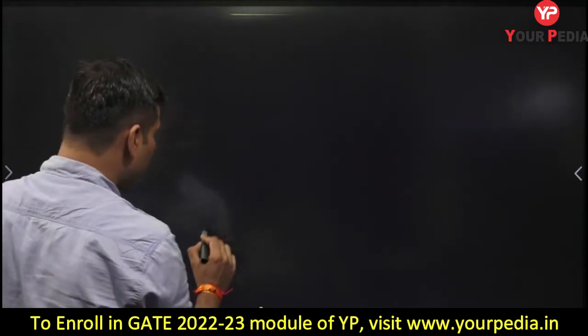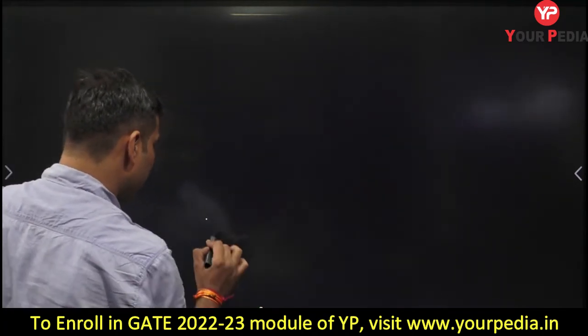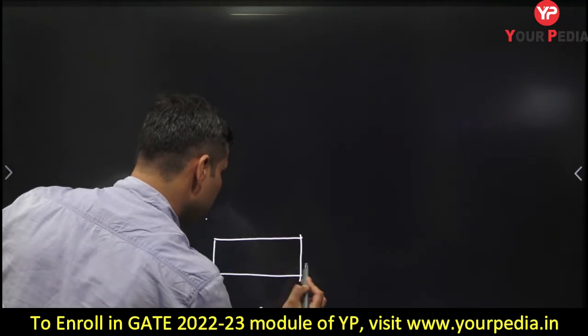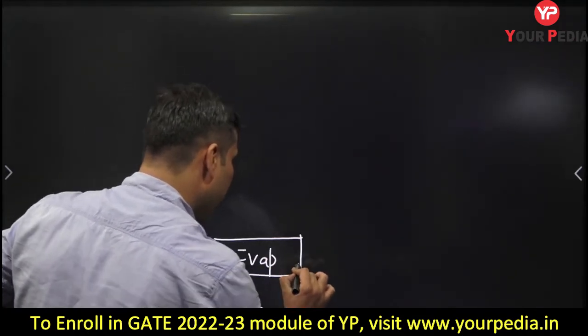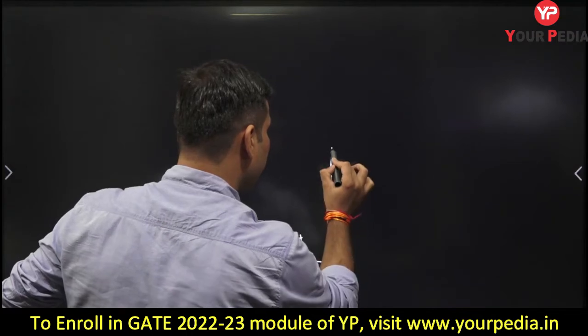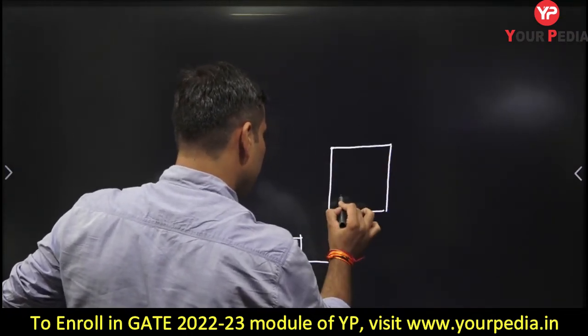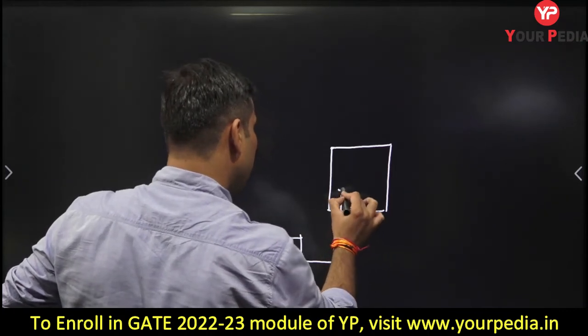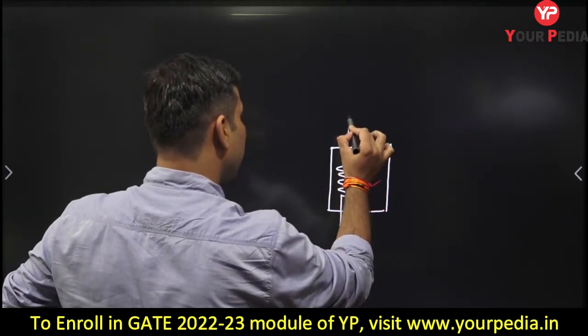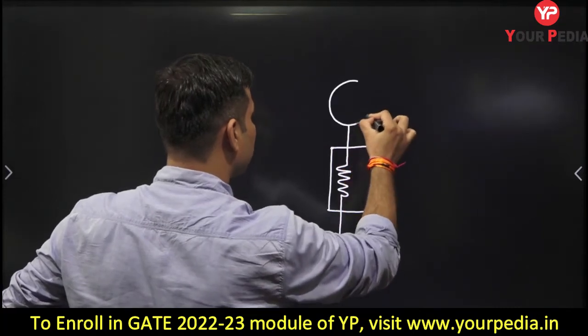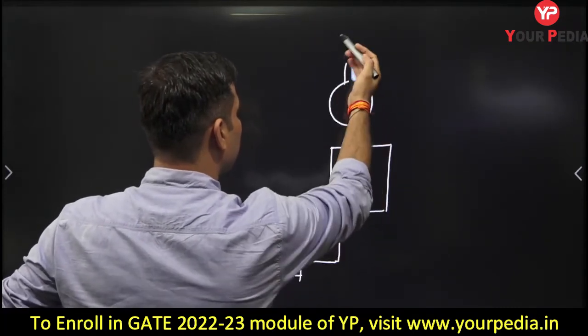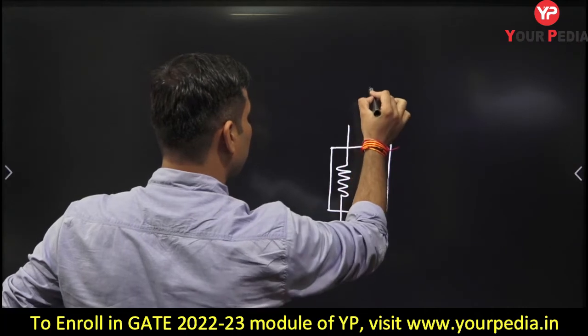So let us move to the next and last topic of discussion, using a regenerative heat exchanger, something like this. So let me draw the schematic diagram. This is the evaporator. After the evaporator, if you attach some kind of heat exchanger here, so that superheating can be ensured. So this is the heat exchanger, and then here you need to attach the compressor. This is the compressor, something like this.